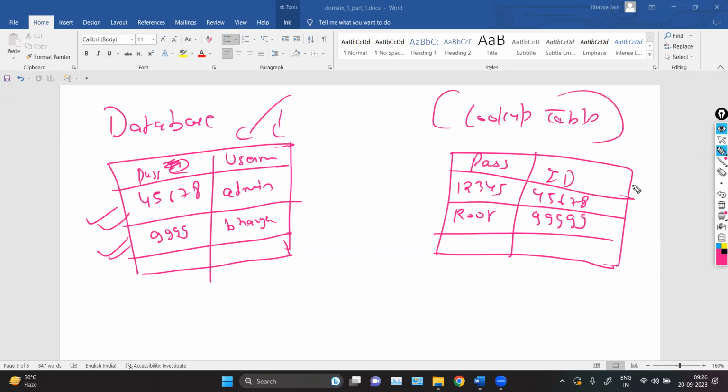Now if you want to check your password or use your own password, you can just check the lookup table, which says, for example, the ID of this password is 45678 and the password is 12345. So this is known as tokenization, where we are hiding the passwords or real sensitive information with the help of a lookup table.